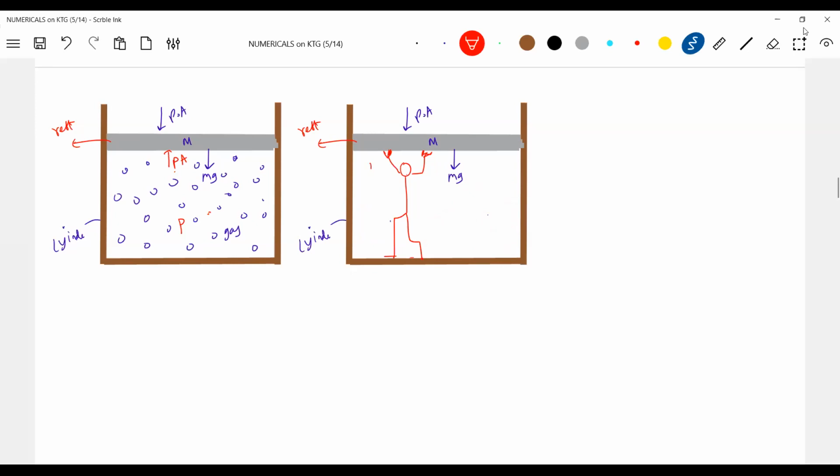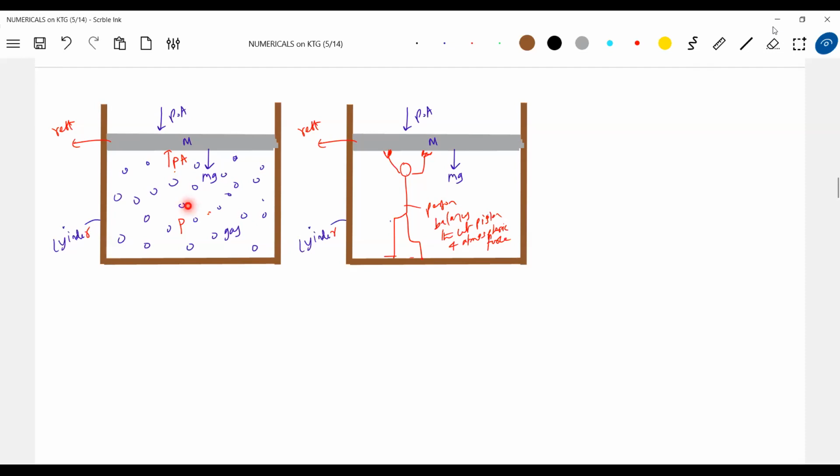It's not that you should just remember a formula. Okay, fine, KTG got over. Person balances the weight of the piston and atmospheric force. Okay, I'm able to write it here. He will lift it up. Are all of you able to imagine? I'm saying he is lifting it up, somehow managing it. No, we'll go and see. Is there really such a person?